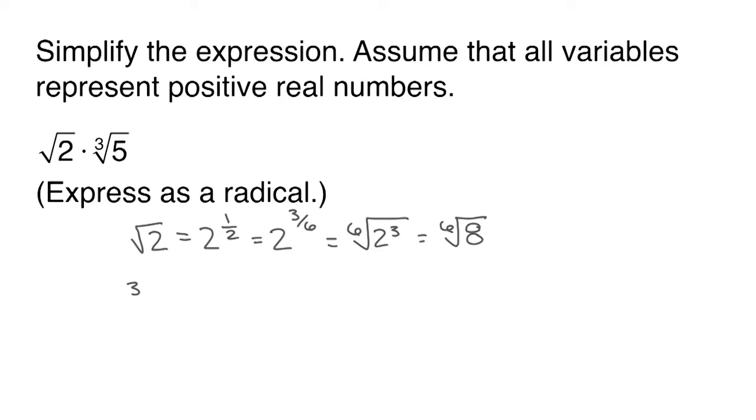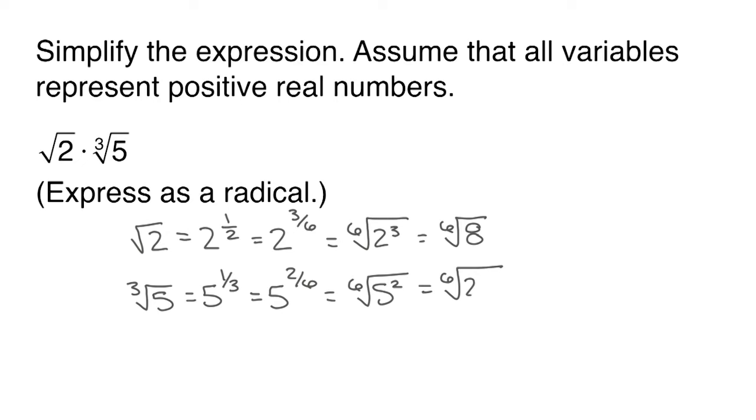Now we want to write the cube root of 5 as a sixth root. To do that, we first rewrite the cube root as an exponential expression, 5 to the 1/3. To rewrite with the denominator of 6, we need to multiply the numerator and denominator of the exponent by 2. So we have 5 to the 2/6, which is equal to the sixth root of 5 squared, or the sixth root of 25. So our original expression is equal to the sixth root of 8 times the sixth root of